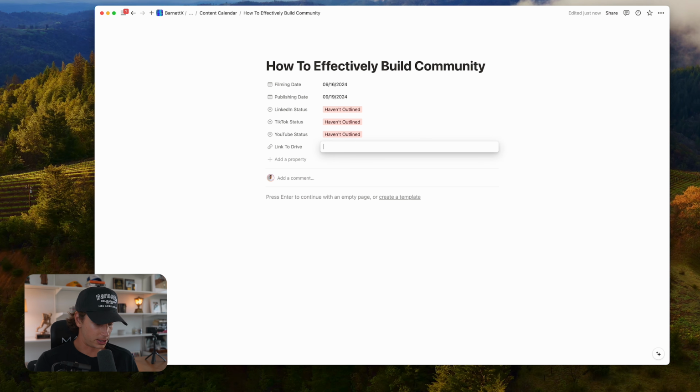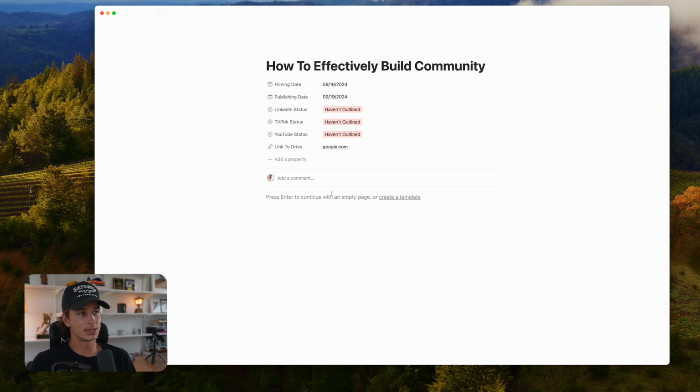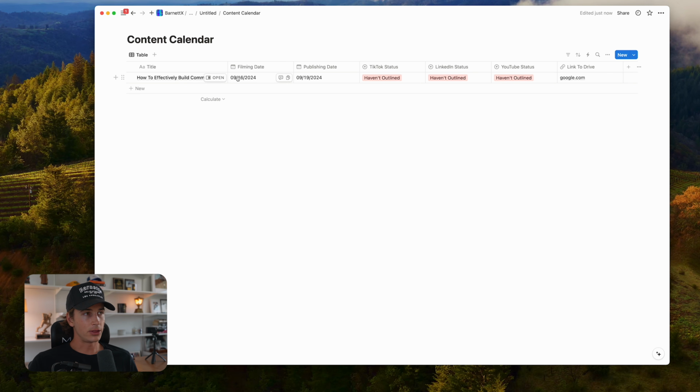You know what? I'm just going to put www.google.com so you guys can see what it looks like in an actual table. But just so you can see it right here, this is what it looks like when you've entered in the info. What I end up doing in my content calendar, now that you can see how things have been laid out where it still is haven't outlined, what I end up doing once I've written in a new idea, test idea,